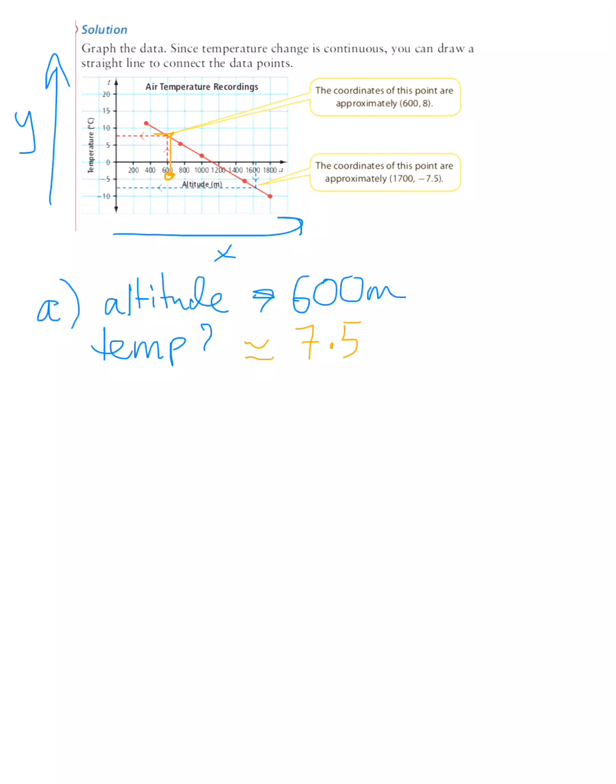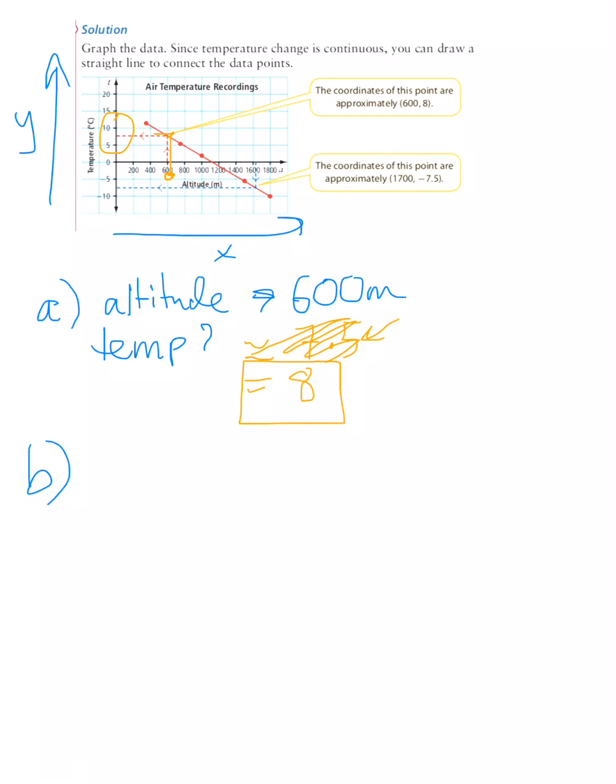And technically a better answer, let's scratch that, would actually be 8. So we can't estimate decimal points that easily, right? We know it's between 5 and 10. It looks like it's exactly between, I would accept 7, I would accept 8. Technically what I did here with the 7.5, we can't estimate that accurately, so we should round it to a whole number. So we'll say 8. All right, part B